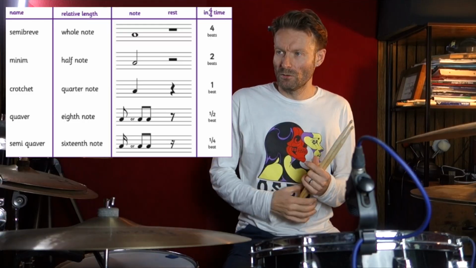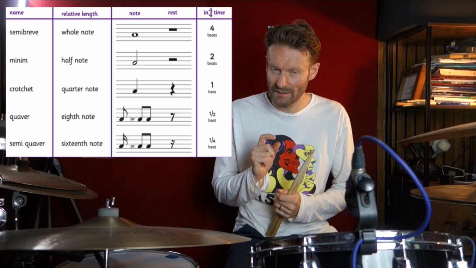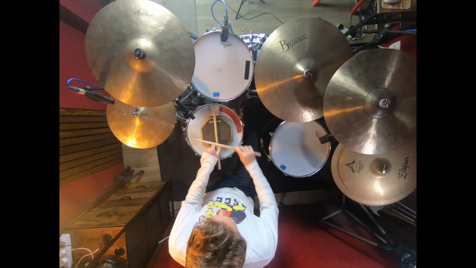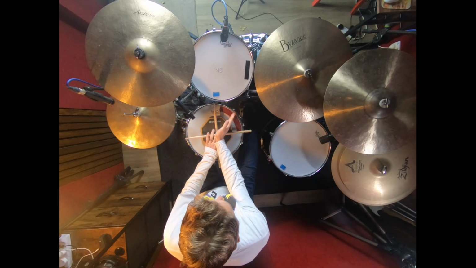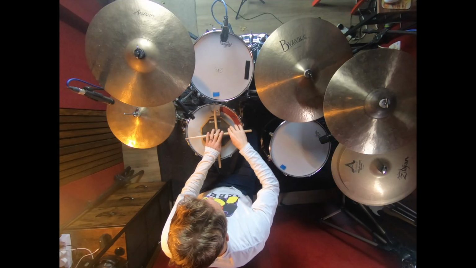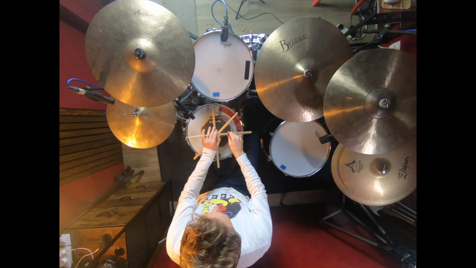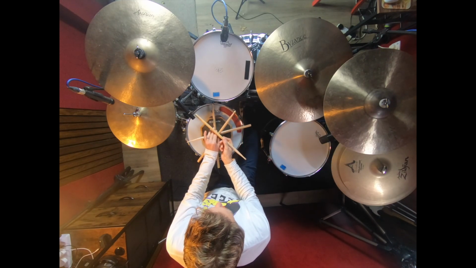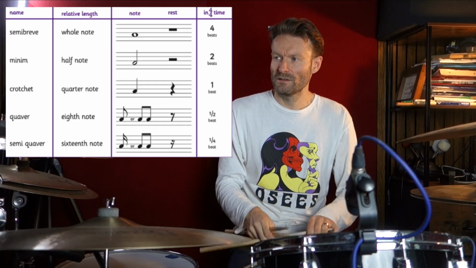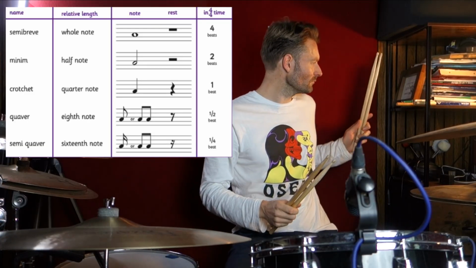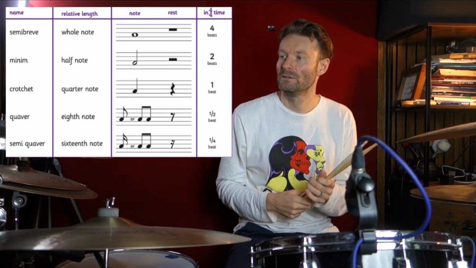And an eighth note or a quaver lasts half a beat. Okay, so you imagine one of these quarter note beats is in half. So it's that eighth note position. It's 1/2 of that, isn't it? So it's one of those eighths, which is half a beat, because that's a whole beat, and that's half. Okay, so that is a quaver or an eighth note, and it's got its equivalent little 7